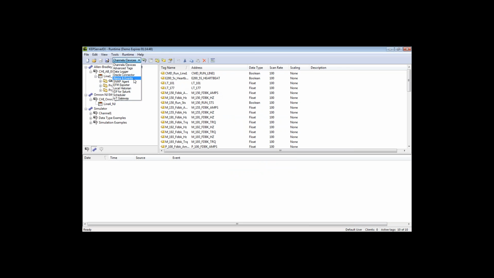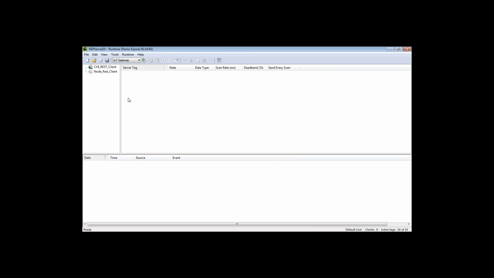Now, switching over to the IoT Gateway, what the IoT Gateway does is provide you an easy way to publish or push data using HTTP or MQTT protocols to other applications to collect, store, analyze, and process the control system data that KEPServerEX has access to today. This demonstration is going to be leveraging the HTTP client agent,